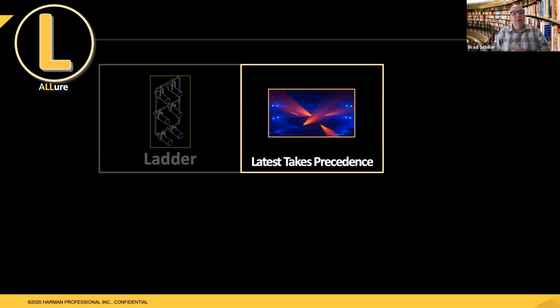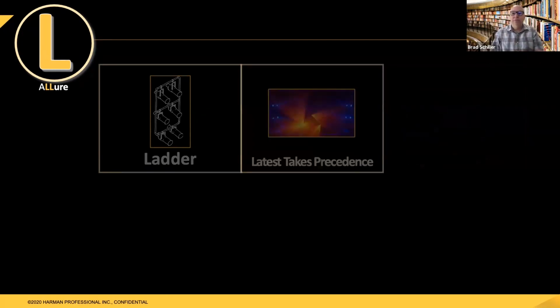And latest takes precedence is very, very useful, even with bump buttons that I referred to earlier. So for example, in the cue that's playing in this little video here, you could press the bump button that changes those fixtures to magenta. And as you press it, they'll change to magenta, latest takes precedence, and then you let go of that and it goes back to the previous look, which is they're more of an amber color. Depending how you set up your desk, you also need to take care that things don't get deactivated, but that's separate. Again, latest takes precedence is a key thing in lighting consoles.